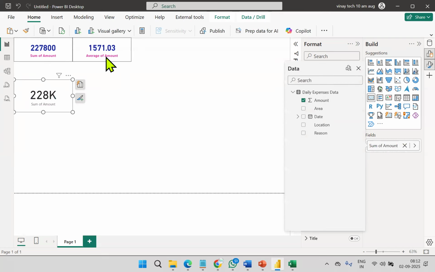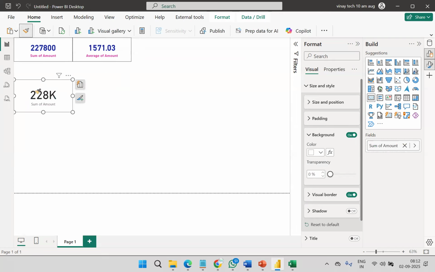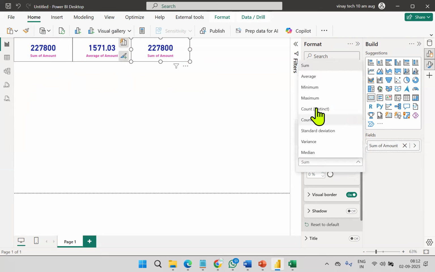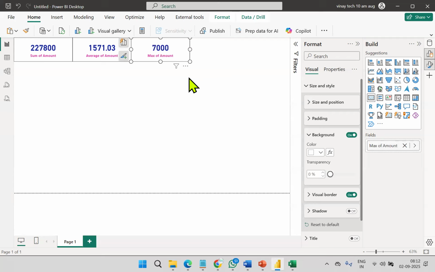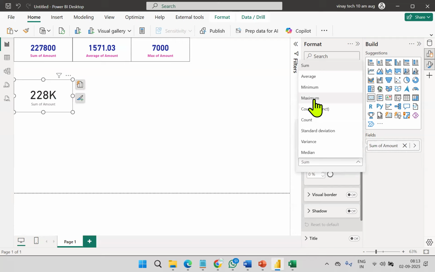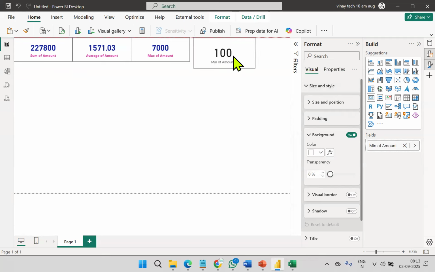But this format I want, so go there, format painter, click on it. But sum is coming, guys. I forgot to add one thing. Visual, okay. Sum is coming. So go there. What to do? In place of this, maximum. Similarly, card visual, data, amount. If sum requires, take sum. Otherwise, go there. In place of sum, you take minimum value. The format you want to copy, this format you want to copy. Go there. Format painter, format.